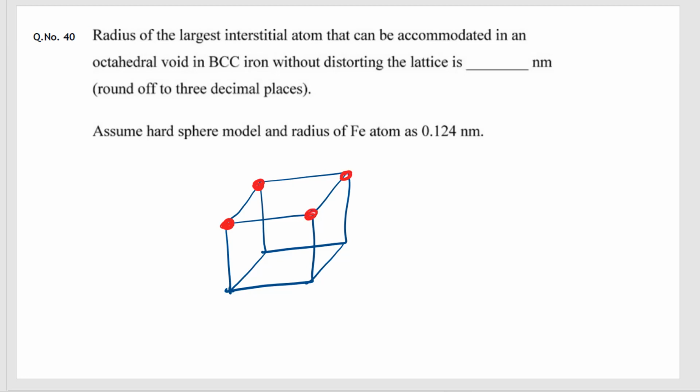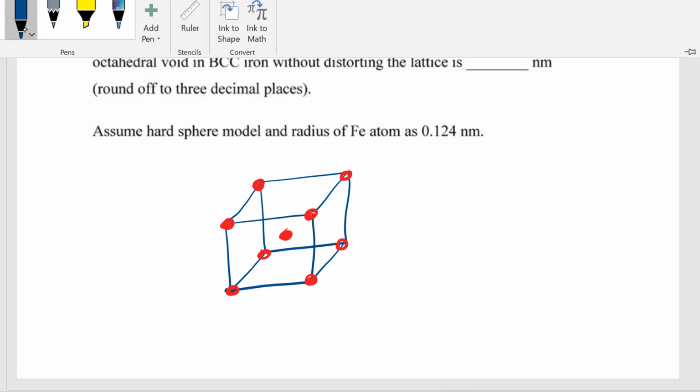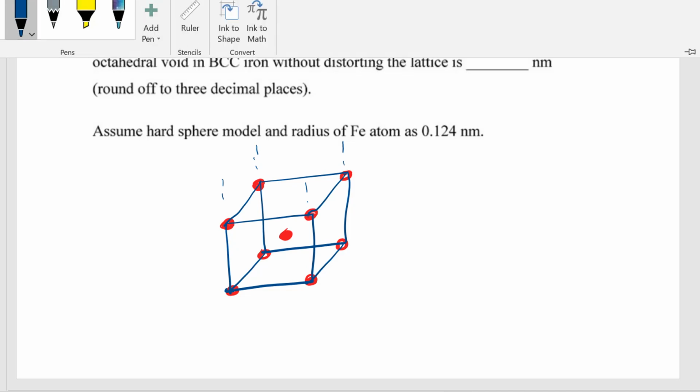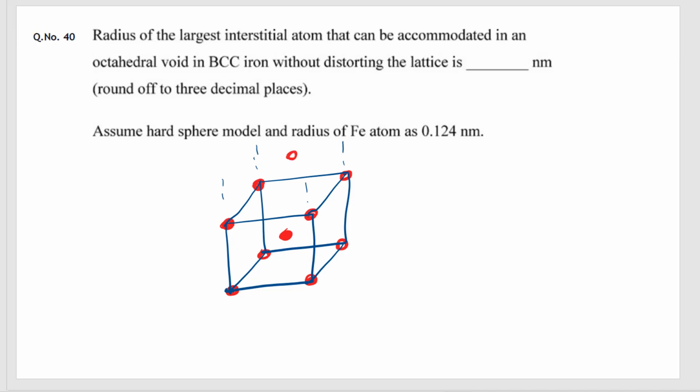These are the solid iron atoms at the corner and at the body center, right? So this will be at body center, this one. Now there will be one more unit cell above, right? So there also will be one body centered atom, right? So if you join the lines between them,